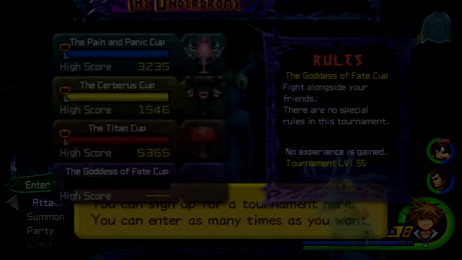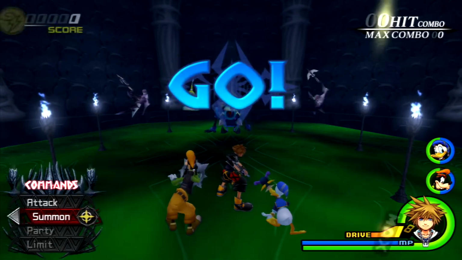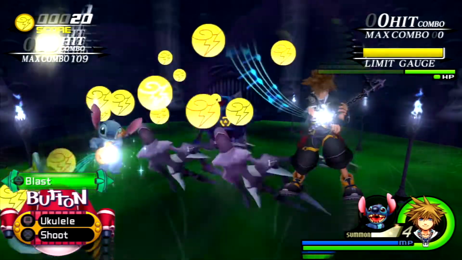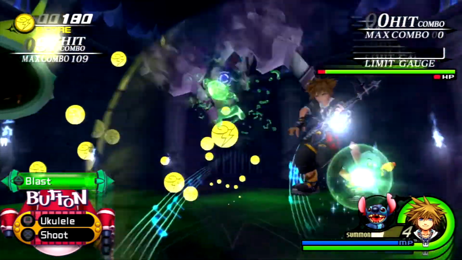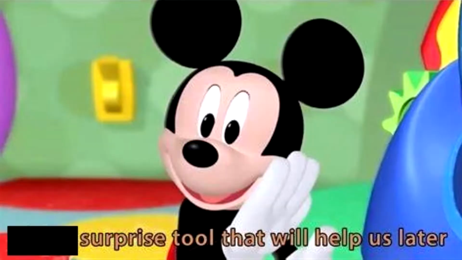So for the Goddess of Fate Cup, you will need to get 3,000 points in Jiminy's Journal, and the best way to do that is to Stitch Spam, where, like I said before, summon Stitch, use Ohana, and then spam the ukulele for the most points. But that's only part of the strategy. The other part is, if Sora's health is low, Stitch will spam ukulele on his own, which nets us a ton of points, but does slowly heal Sora, so that strategy is more of a...